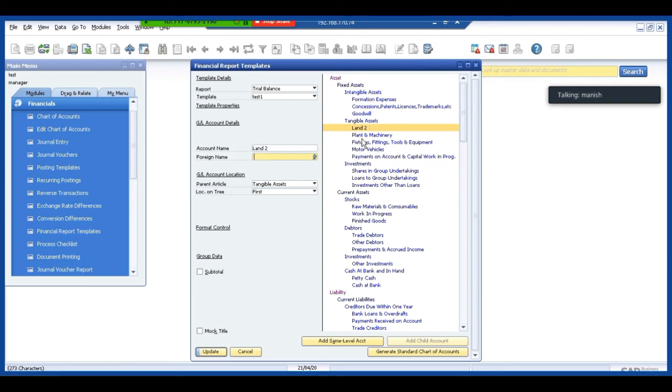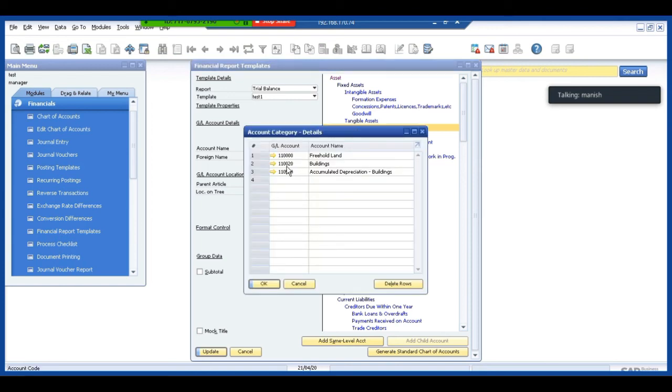Even if I want to tweak the account balances under plant and machinery, I can do that. I'll double click on this particular account. It would show me all the ledger accounts which constitute the balance. If I want to add any account, I can add the accounts from there.